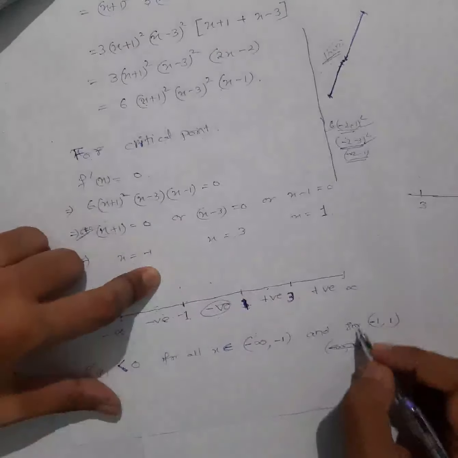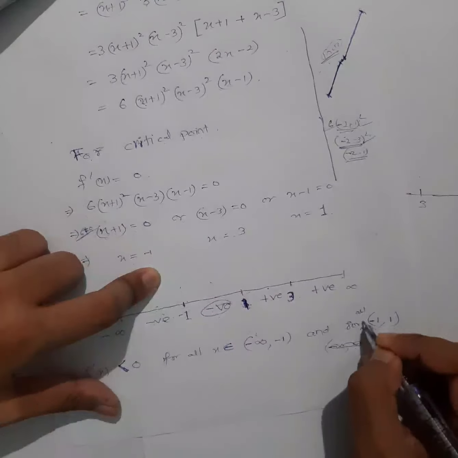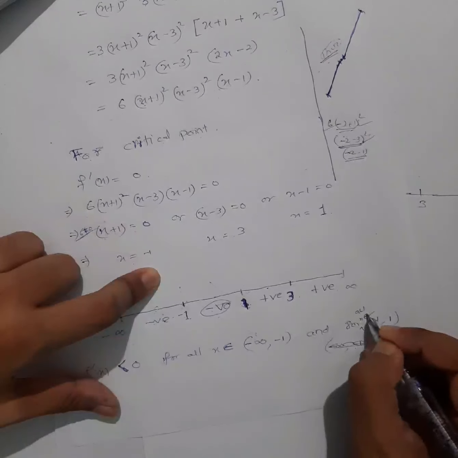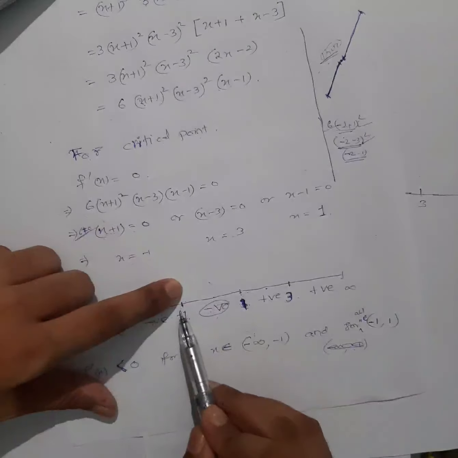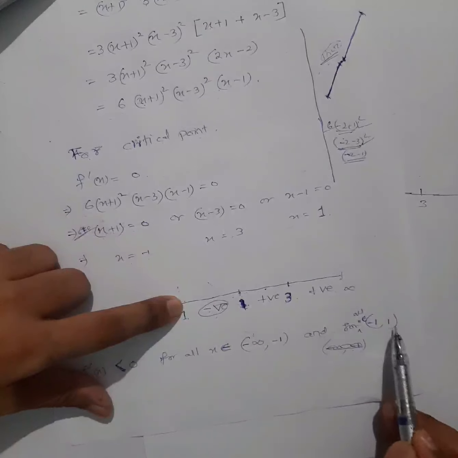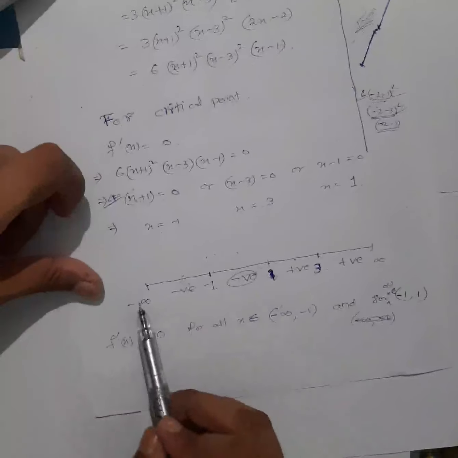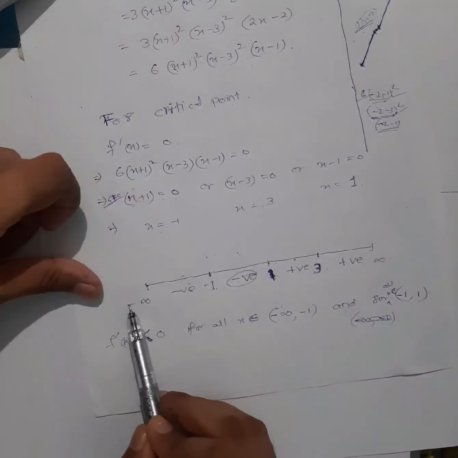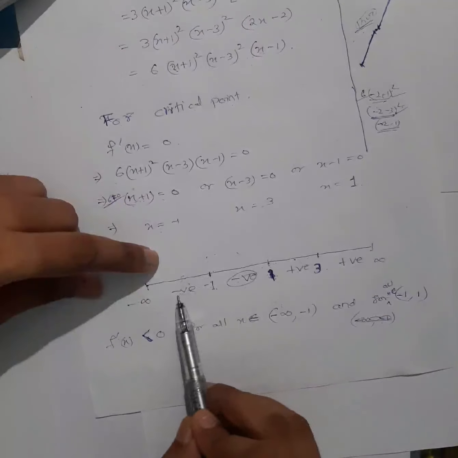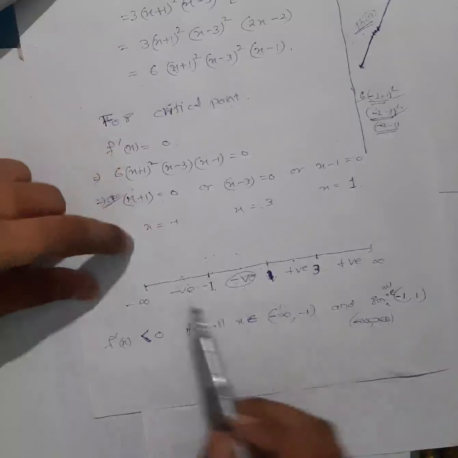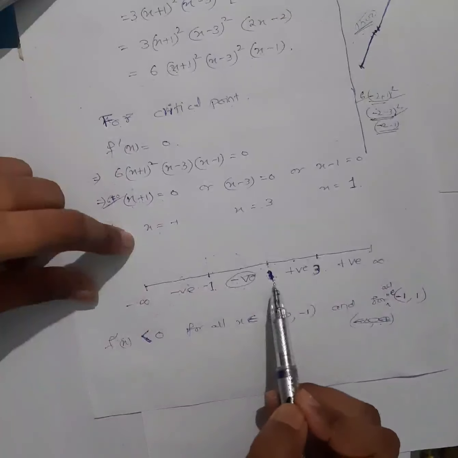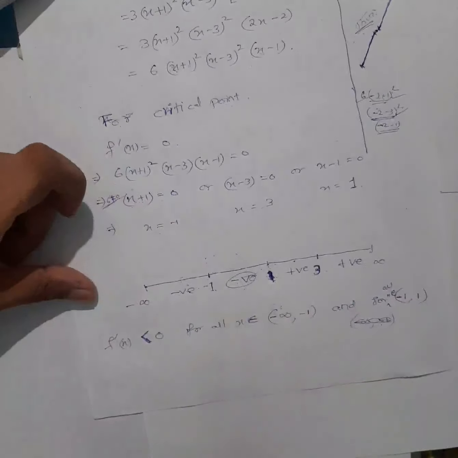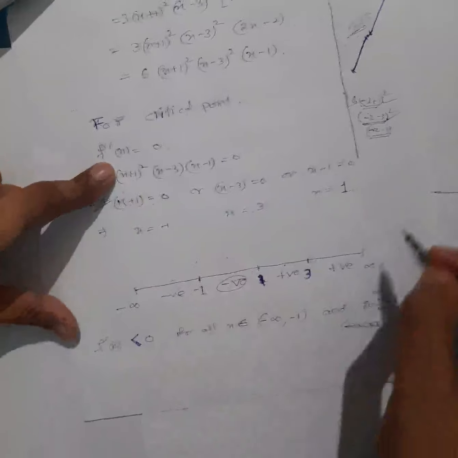And for all x belongs to, here also x belongs to minus 1 to 3. So you can see I have written separately this one. Some of you might be thinking that I could have taken f dash x less than 0 from minus infinity to 1, because everywhere it is negative, right? Decreasing only. Yes, minus infinity to 1 it is decreasing, but not strictly decreasing,